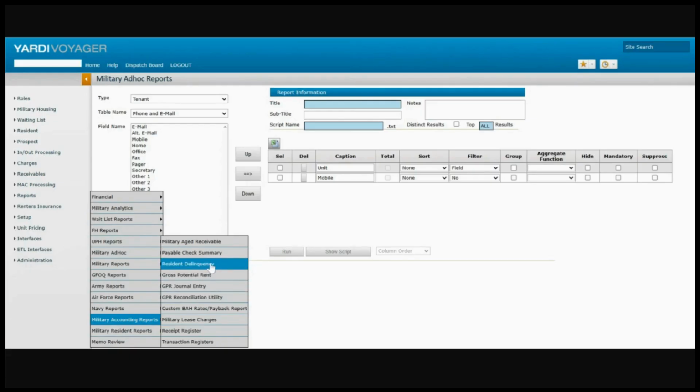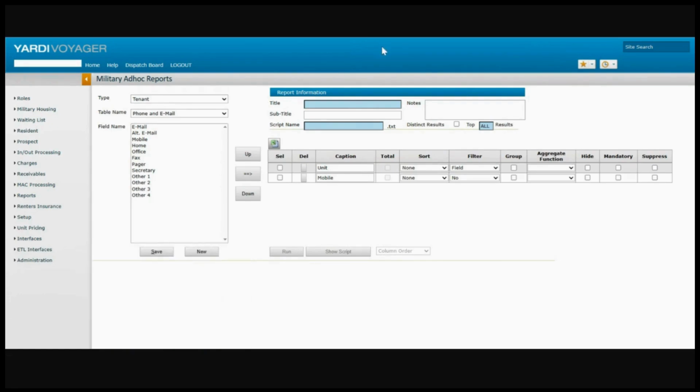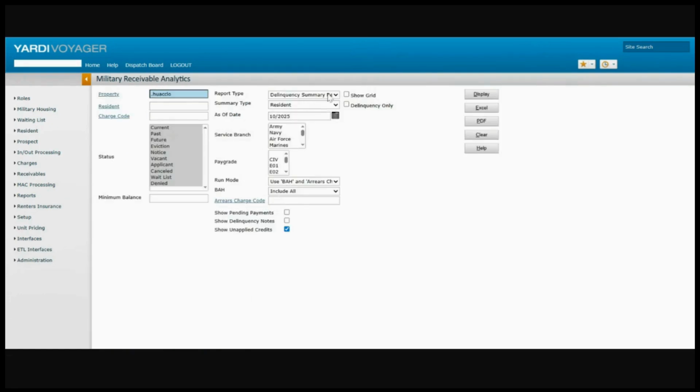Your delinquency report, you have two options here. It depends on what format you prefer. So in this section, you can choose the status of the people you want to run. You can do just past. And then you've got your